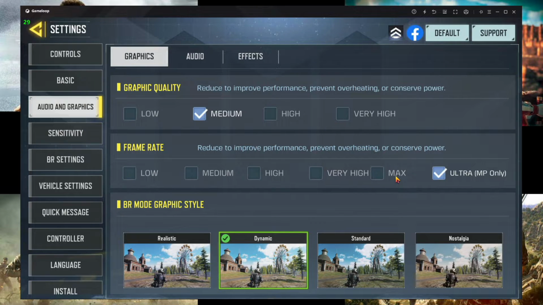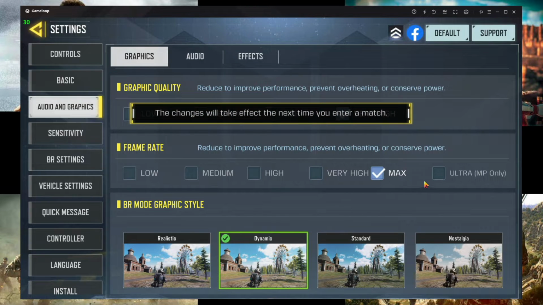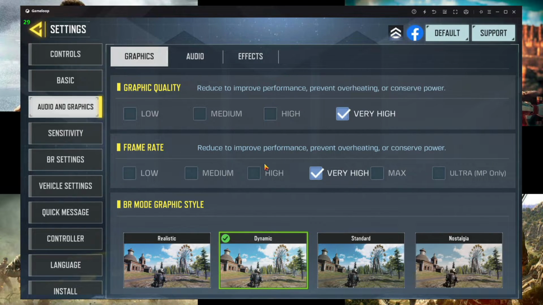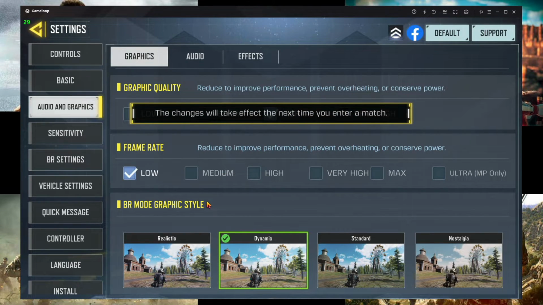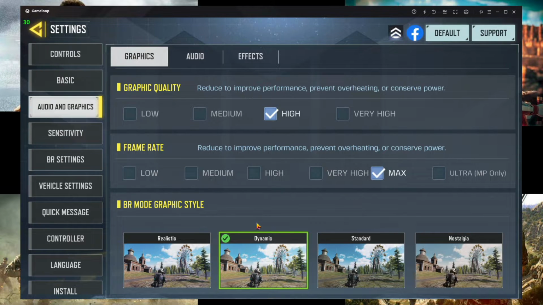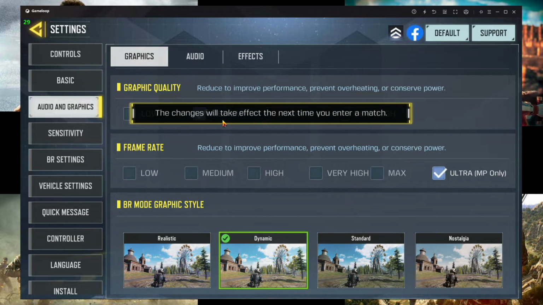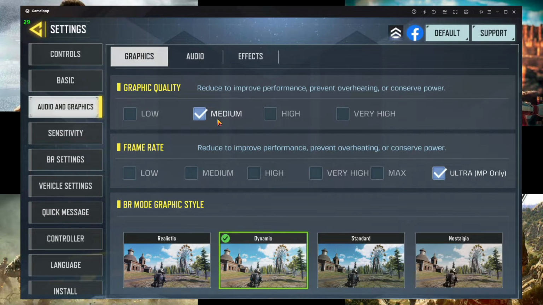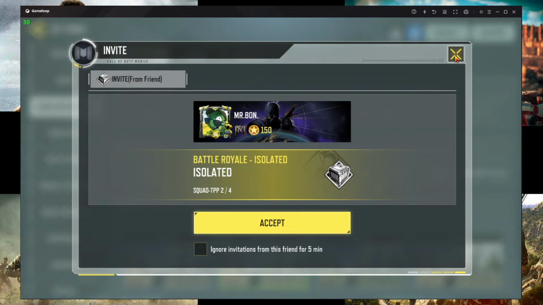But for a low-end PC, I prefer high or very high, not max, not ultra, so that it does not overpower or overprocess the CPU or GPU. And if you choose the graphics settings at very high or high quality, then the frame rate will automatically decrease and there will be some in-game lag, right? So for medium and low-end PCs, I prefer that high or very high should be great. And if you have a high-end PC, then go to max or ultra settings, which are only applicable for